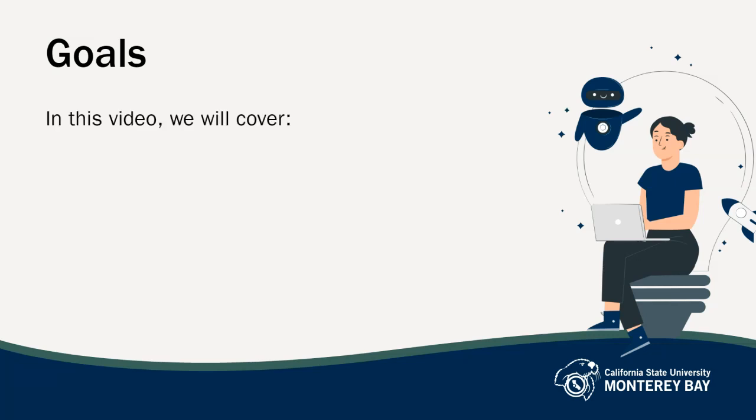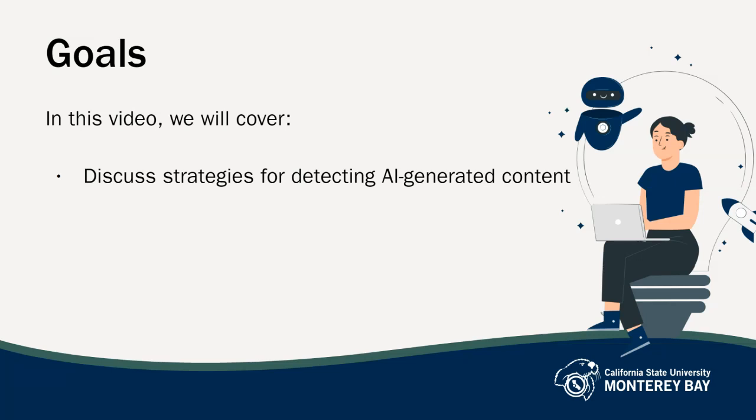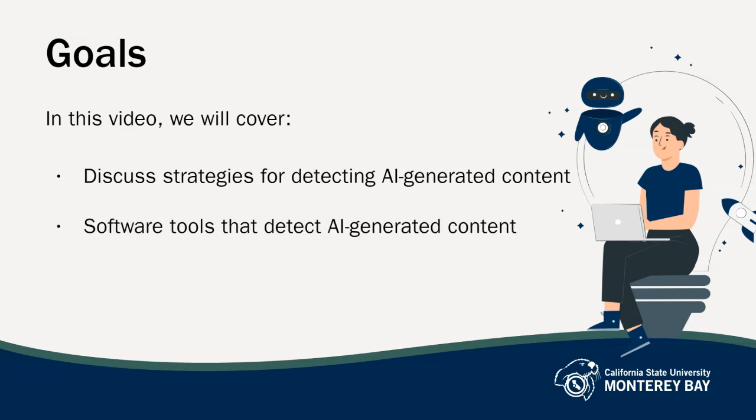In today's video, we will discuss strategies for detecting AI-generated images and text without the use of additional software tools. You will learn the things to look for when making a determination as to whether or not the content was created by humans or AI tools. We will also present software tools that can be used to detect AI-generated images and text. And then we will talk about strategies for approaching students who may have inappropriately used AI in their class submissions. So let's dive in, starting with detecting AI-generated text.